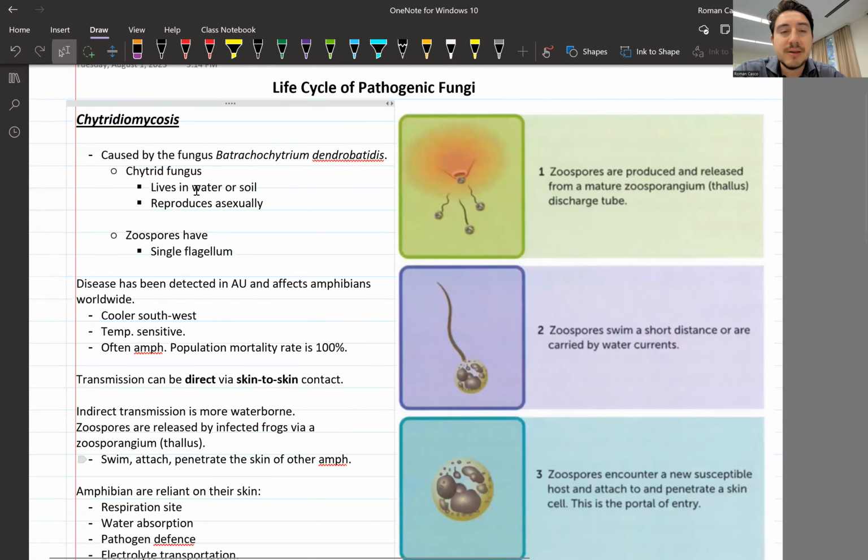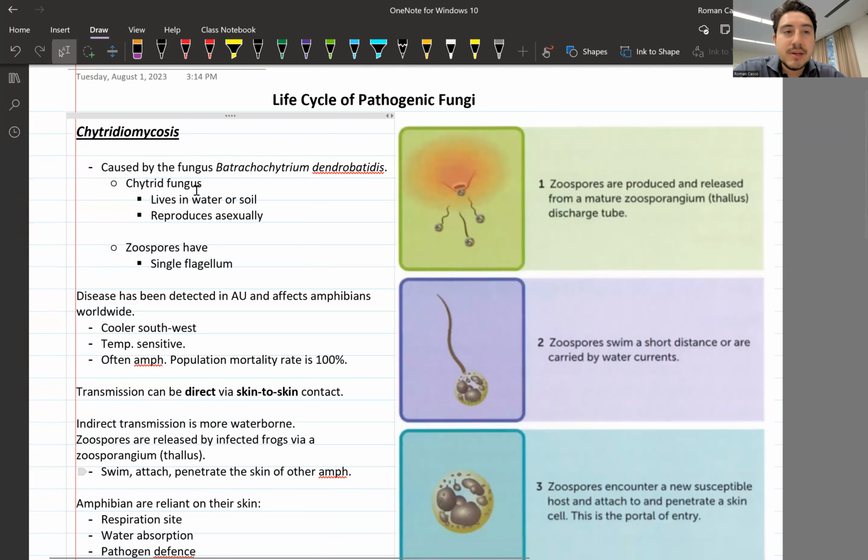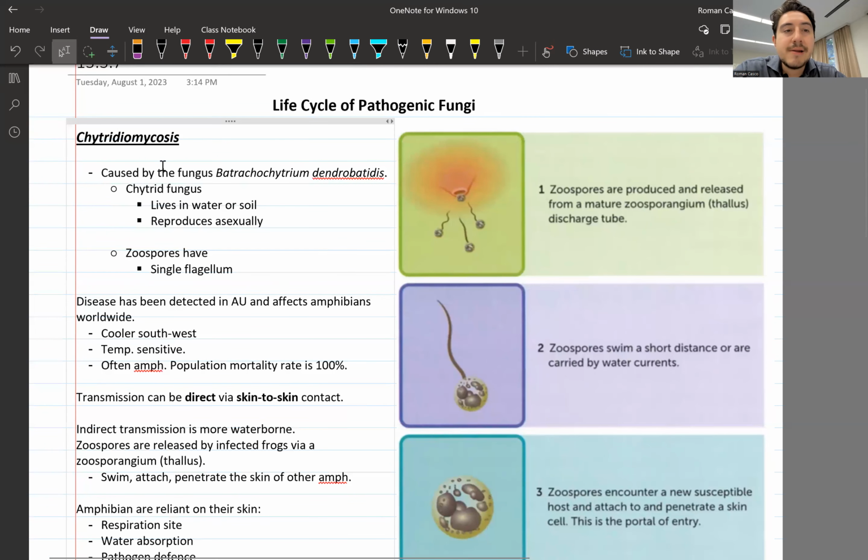All right, so in terms of fungi, there's two major ones that we need to know. You have chytridiomycosis, all right? And I do want to emphasize that mycosis. Anytime you hear that word mycosis, generally you can think of it as being a fungus, right? Just to break down the words a little bit to help you remember. So in this case, you have this infection, this disease that is caused by the fungus